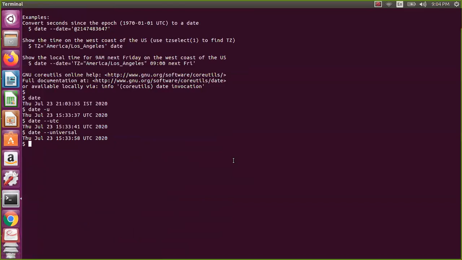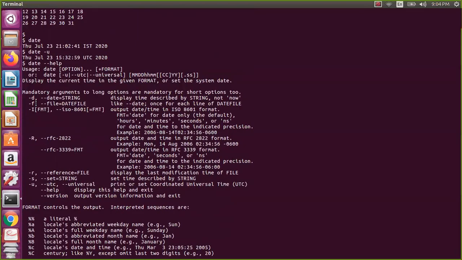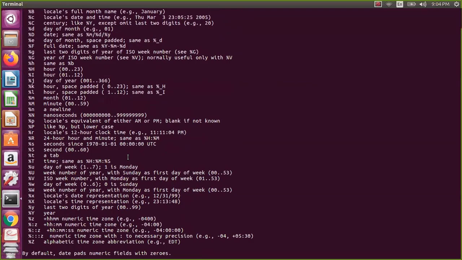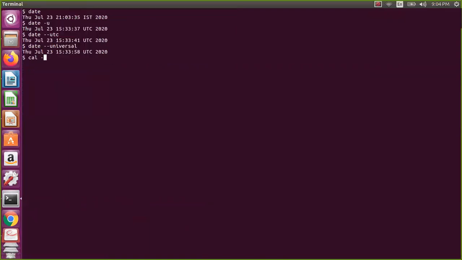But not all options will be the same. Not all commands contain both short and long options. In this case you have both a long option and a short option, but in some cases that may not be the case. Let us take calendar.